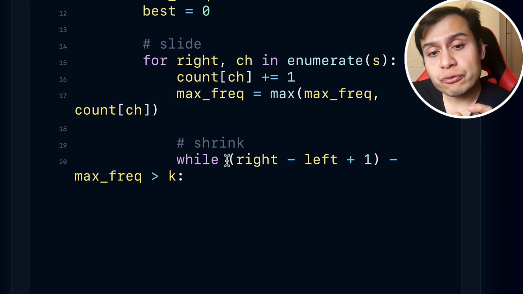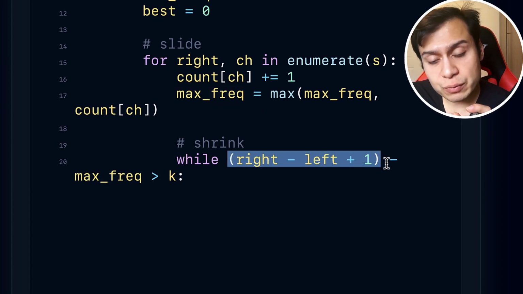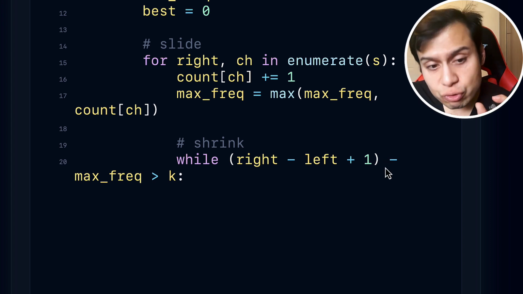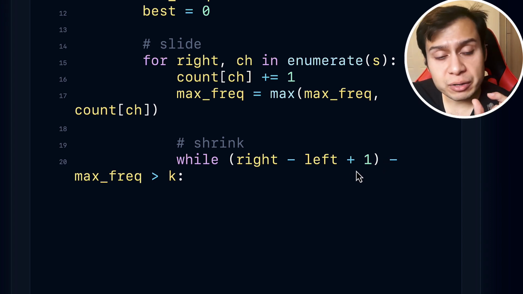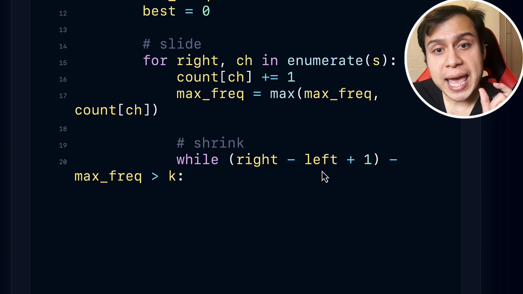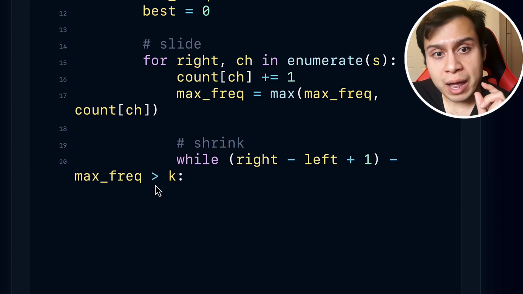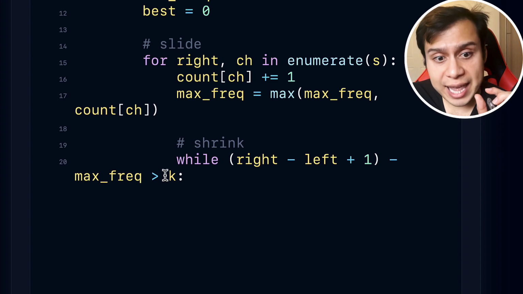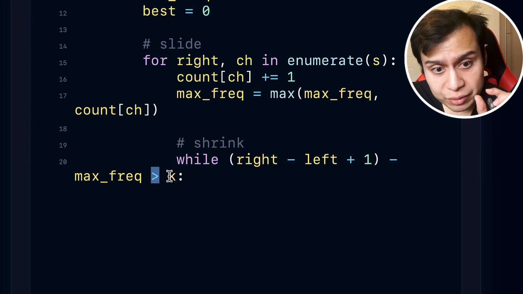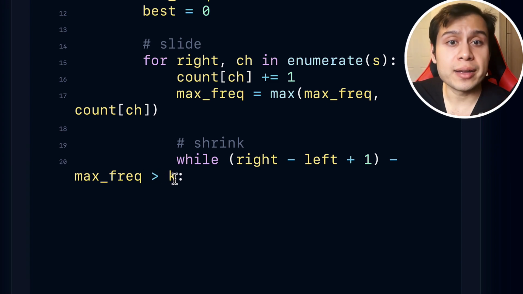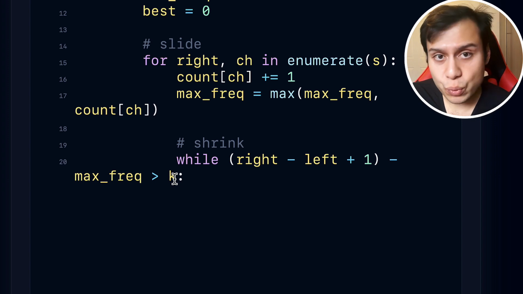From the entire current window size, we're going to subtract whatever appears the most. For example, in our case, A appeared many times, for example, 3 times the first time. So we're going to minus that, and then whatever is left over is what is differing. And then that has to be greater than k. So if it is greater than k, it is invalidating our window size, so we have to shrink from the